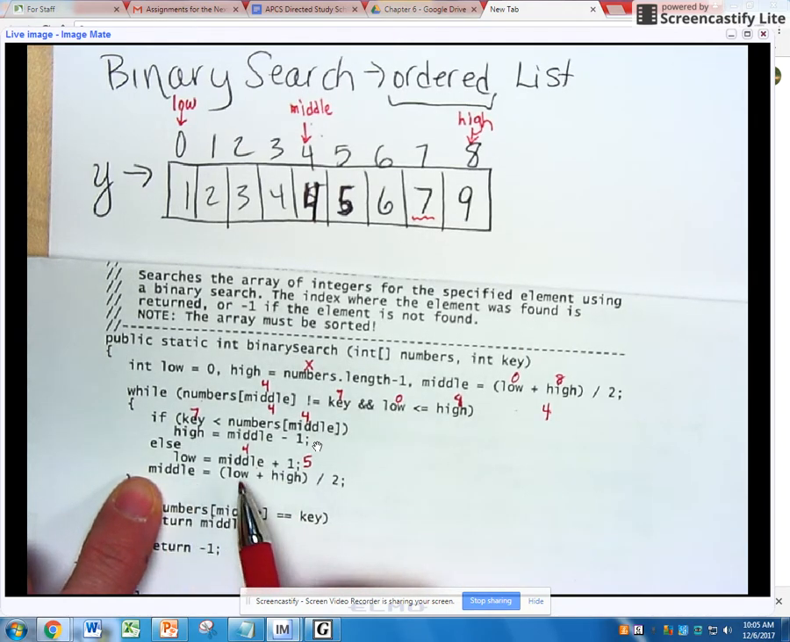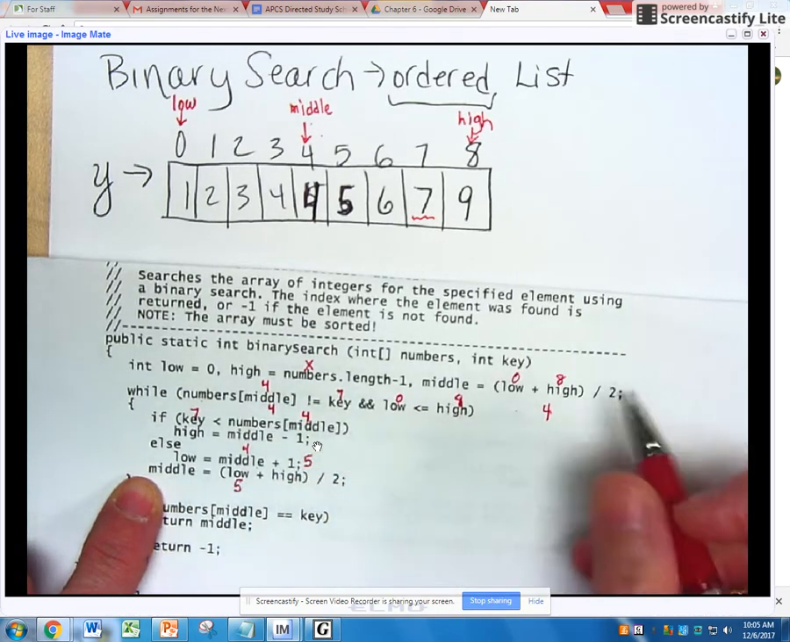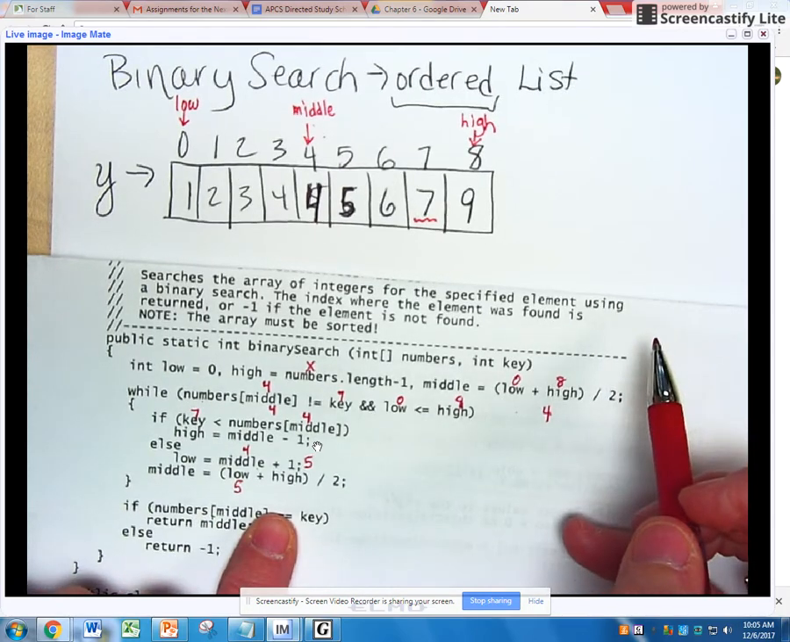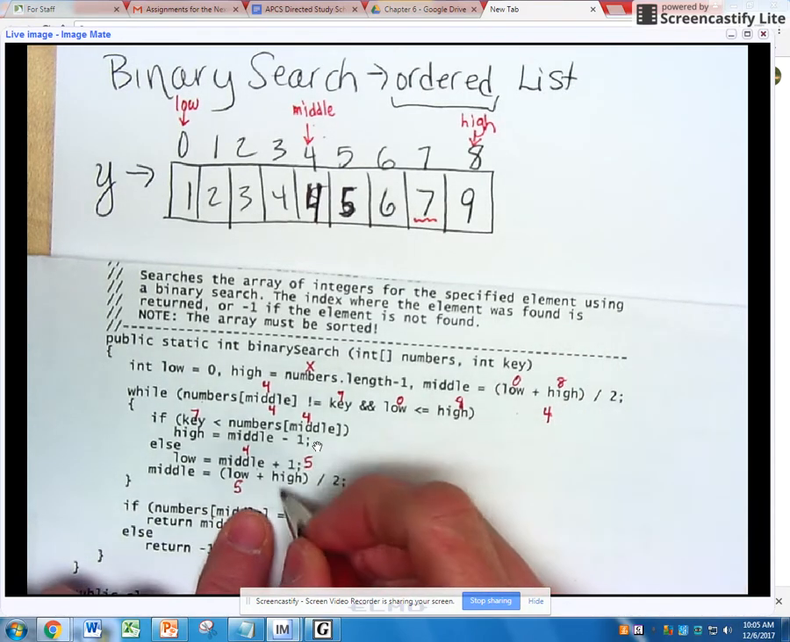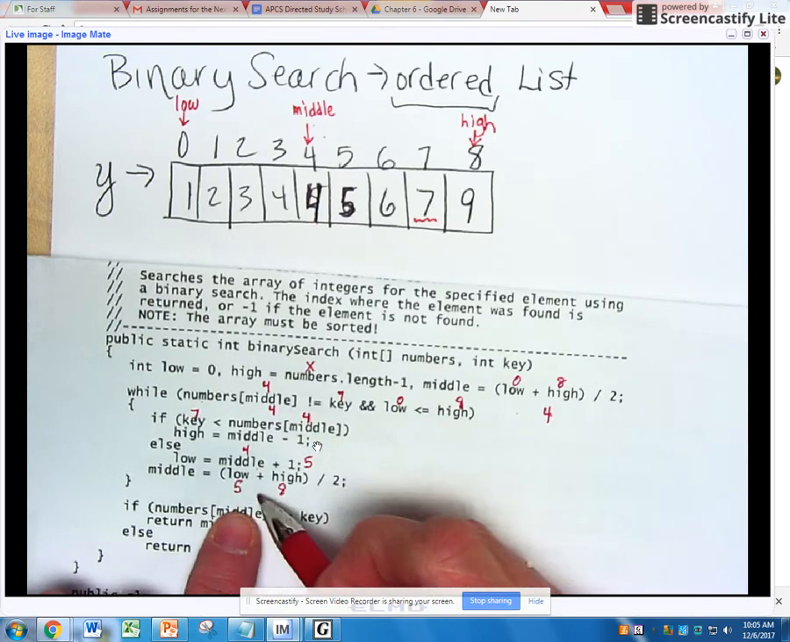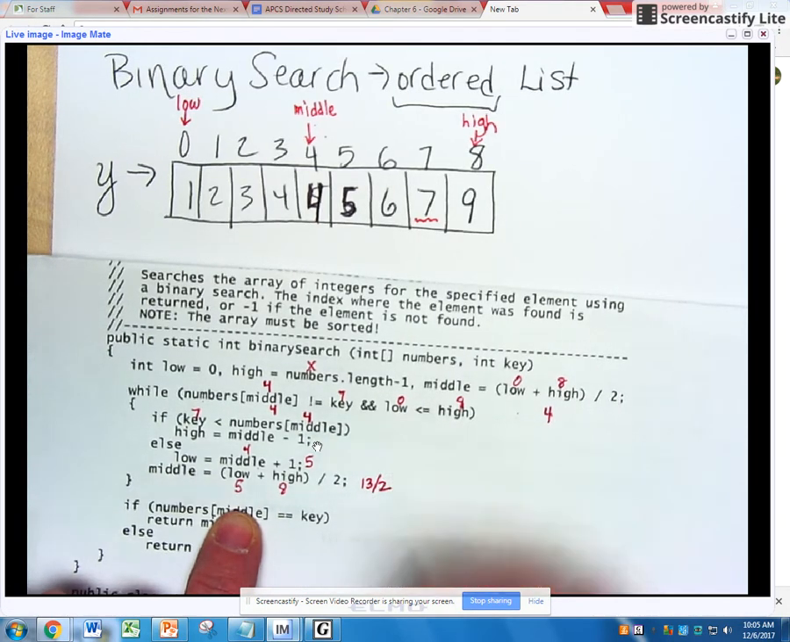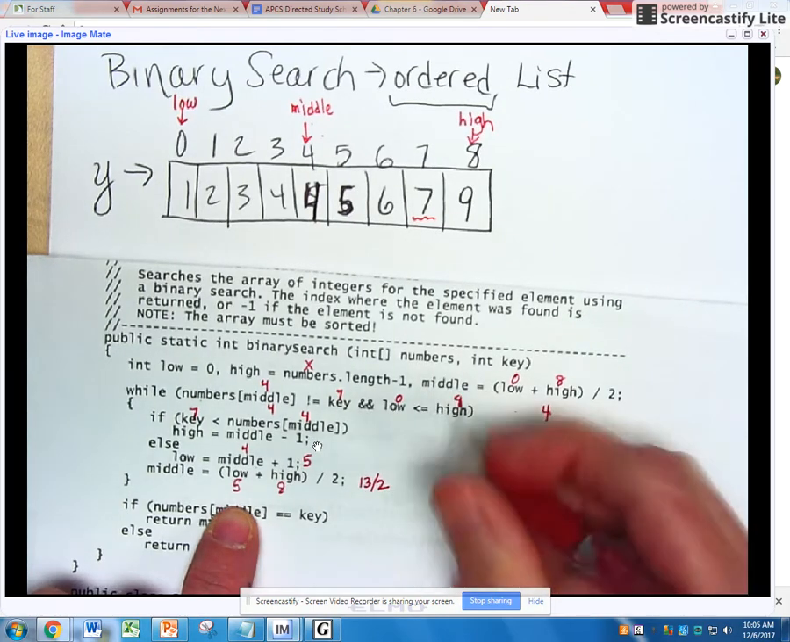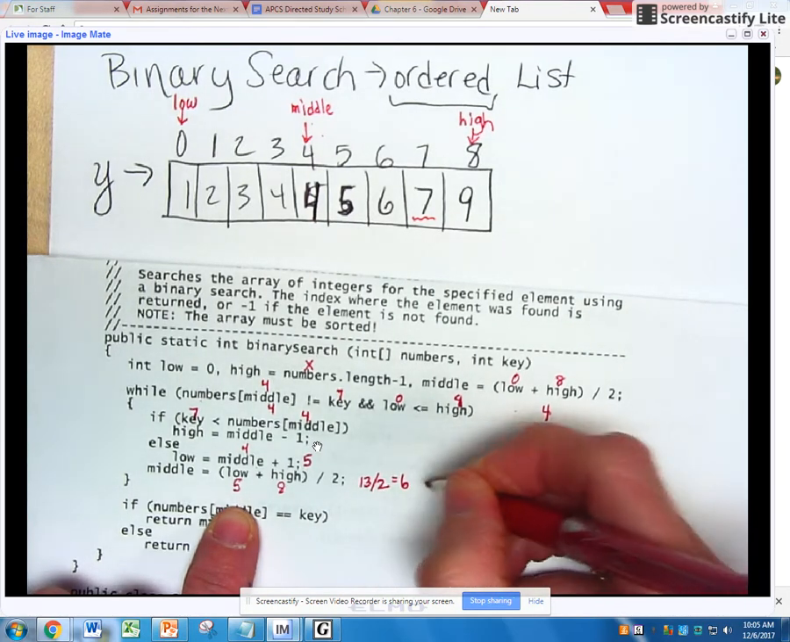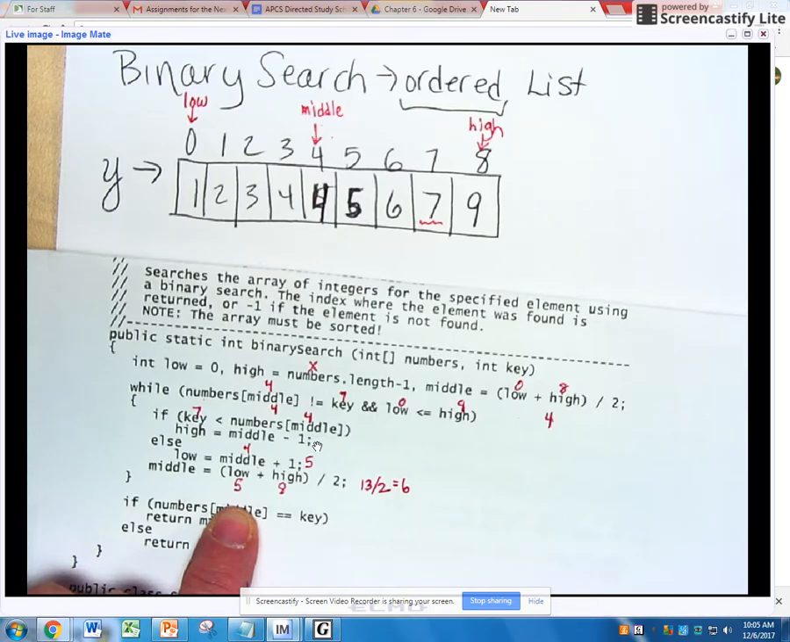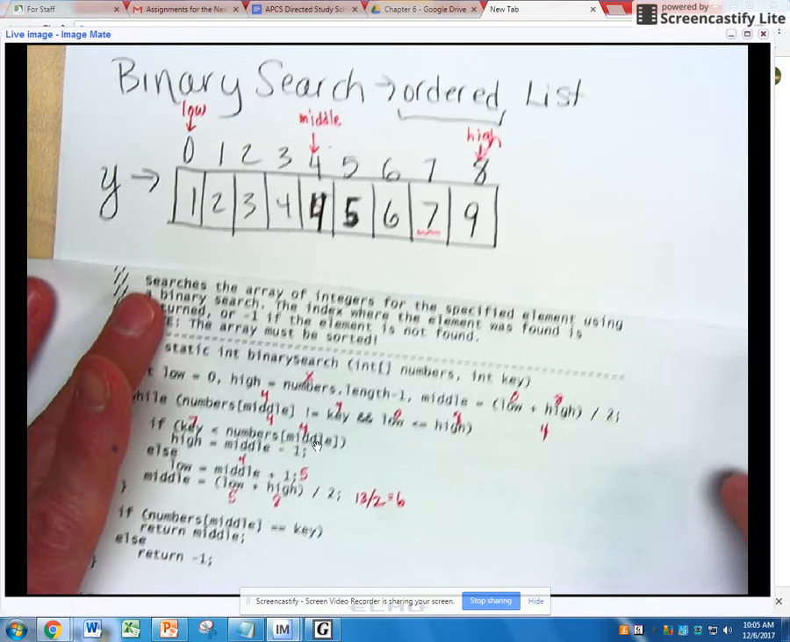So the new low is 5. The high, which did not change, is 8. So 5 plus 8 is 13, divided by 2, and using Java math, is 6. So that's middle. So now what we're going to do is, let's go back and see how this changed